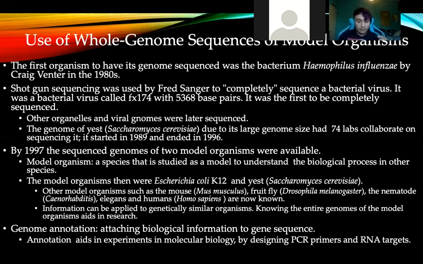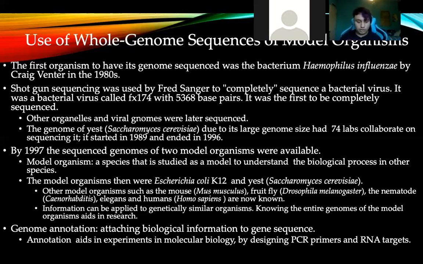Model organisms are species that are studied as models to understand the biological processes in other species. The model organisms were a form of E. coli, or K12, and yeast, the same yeast as earlier. Other model organisms such as the mouse, the fruit fly, the nematode C. elegans, and even humans are now known. This information can be applied to genetically similar organisms,